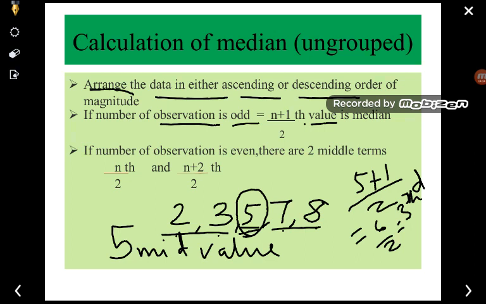So you have to first arrange the data according to ascending and the descending order. अरेंज करने के बाद if the number of data are odd number of observation है तो हमें ये फॉर्मूला लगाना पड़ेगा, that is n+1 divided by 2. And if the number of observation is even, अगर समझ लीजिए आपका ऑब्जर्वेशन इवन हो जाता है,